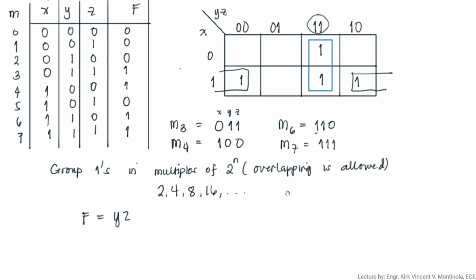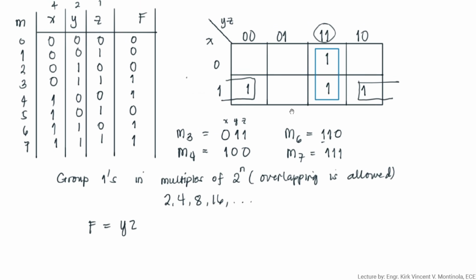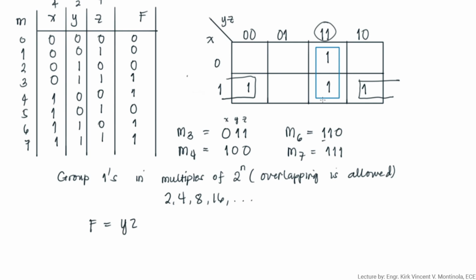Then identify what would be the state na hindi nagbago. What would be the input variable na hindi siya nagbago? Okay. Take note na ang state niya class, this one, is from 0, 0 to 0, 1. Okay. Yung groupings na yan. So, na-locate siya from 0, 0, then 1, 0. Okay. Ano yung hindi nagbago na input variable? Ang hindi nagbago ay si z. Tama ga? Yung hindi nagbago si z, which is equals to 0.